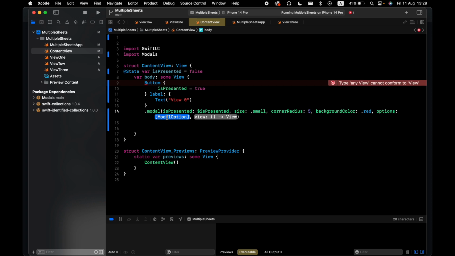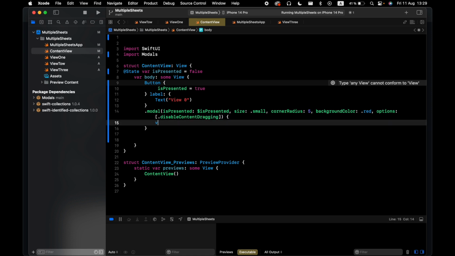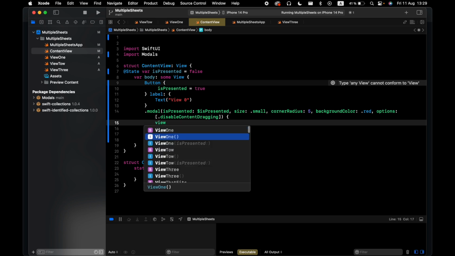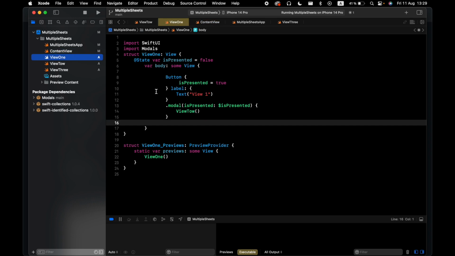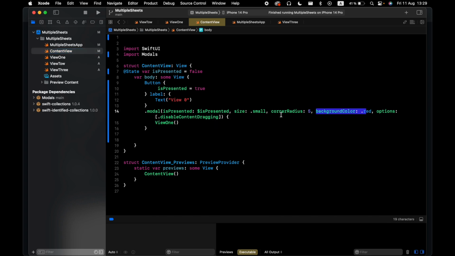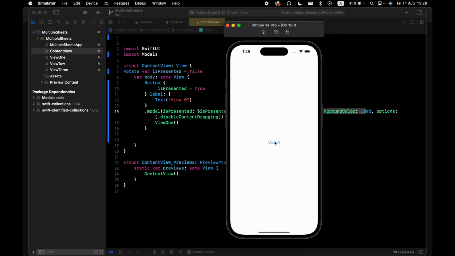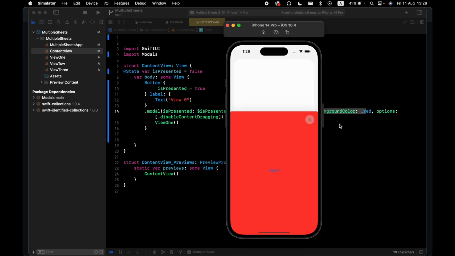We have two different types of dismiss. So let's start with this one, and if you want to see view one, as you see here on view one there is no ZStack, no color, nothing, but here we give it a red background. You see this, we choose small with the 5 rectangles. So you see the other view,